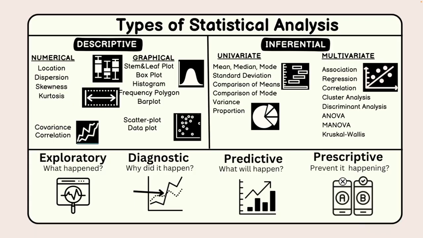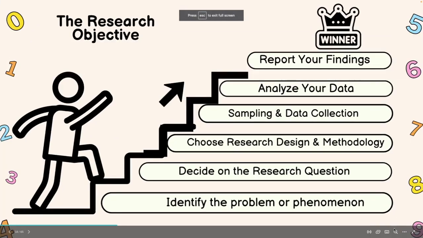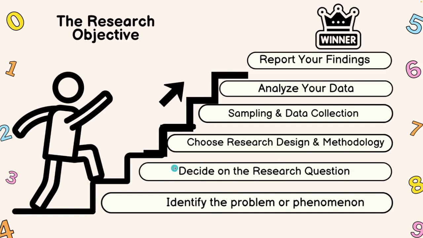And so these are the different types of statistical analysis. And I won't go into details in any of them because this is what we will be covering in the live classes, right? But when it comes to statistics, there are two main groups: the descriptive statistic and the inferential statistic, right? And so when we think about the process, remember, this is identifying the problem, deciding on your research question,